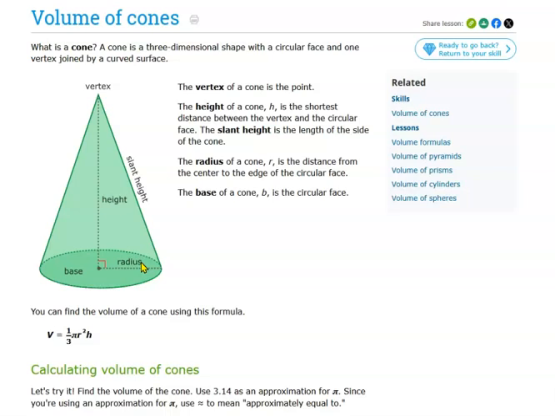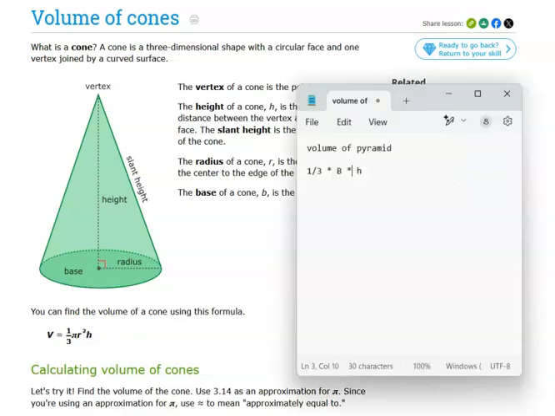Okay, and we have the same terminology that we had with the pyramid. So the vertex is this point up here. The height is this line right here. This distance sort of looks like one of the legs of this triangle that's drawn inside of it. The slant height right here is the length of the side of the cone, or the hypotenuse of said triangle. The radius of a cone is the distance from the center of the base out to the edge of the base. All right. And then this is the formula, 1/3 pi r squared h,